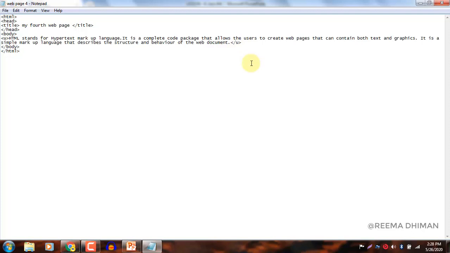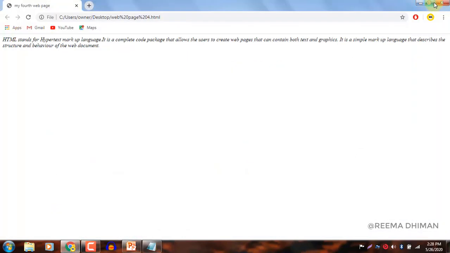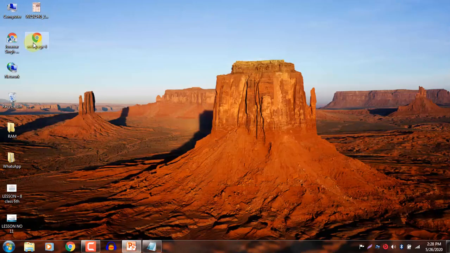Press Ctrl+S. Observe the changes. Now as you can see, your text is underlined because of the U tag. Clear?